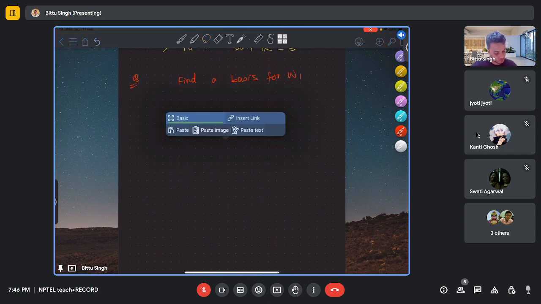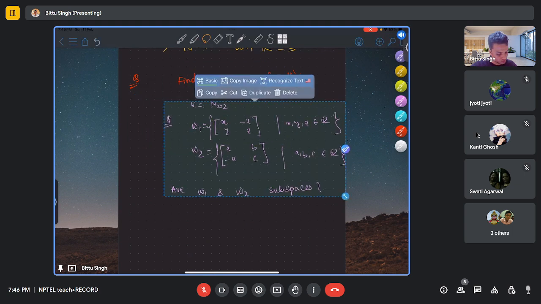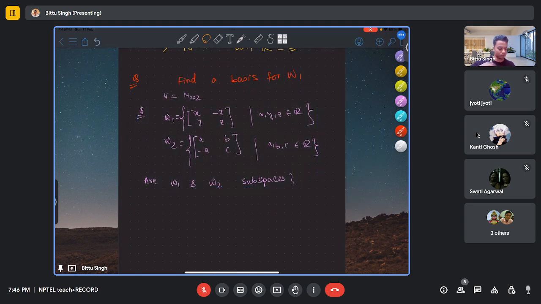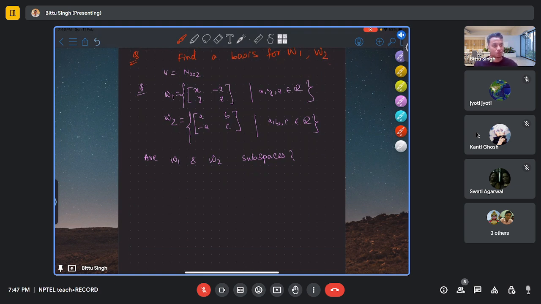So the question is, what will be a basis for this W1? Find a basis for W1 and W2. As usual, first we'll try to write any element in terms of some particular elements. So pick any element from W1. It will look like,